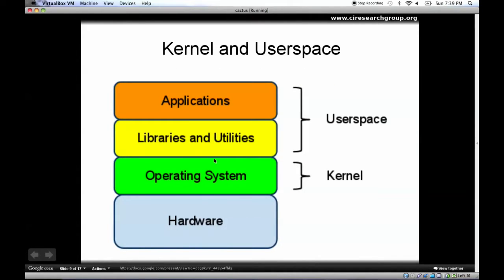Specifically, the core of the operating system, or the kernel, so named after, say, a kernel of corn, is the minimum piece of software that's needed to share the hardware between the different applications. Whatever lives outside the kernel is said to be in user space. That means it's application code, or sometimes even parts of the operating system, that are not strictly necessary to share the hardware or abstract away its details.